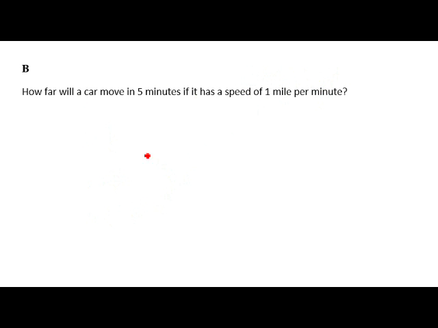Alright, question B. How far? That's a distance. How far will a car move in 5 minutes? That's a time. If it has a speed of 1 mile per minute. So it reminds us this is a speed. Our equation: speed is distance divided by time. Let's substitute everything in. We have 1 mile per minute equals our distance, which we still don't know, so we leave that as the variable, divided by 5